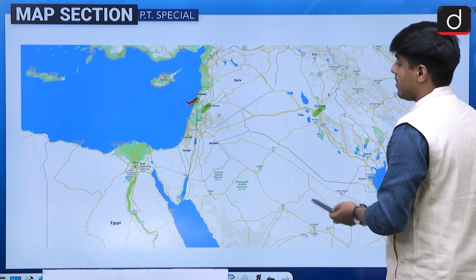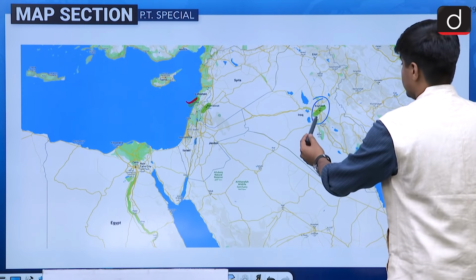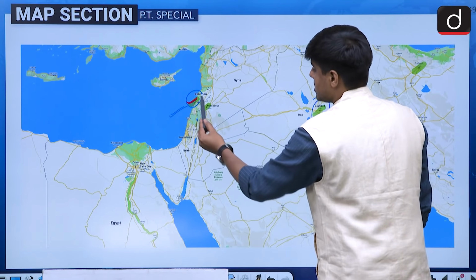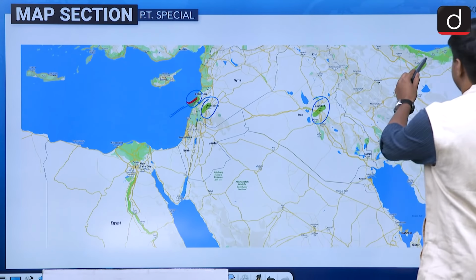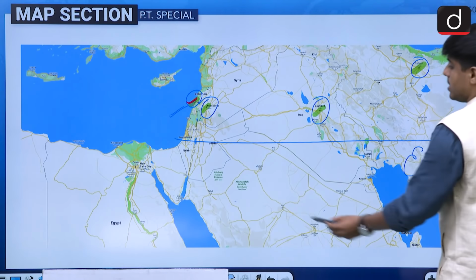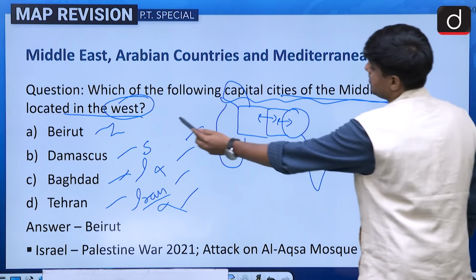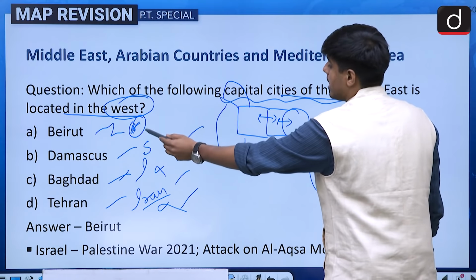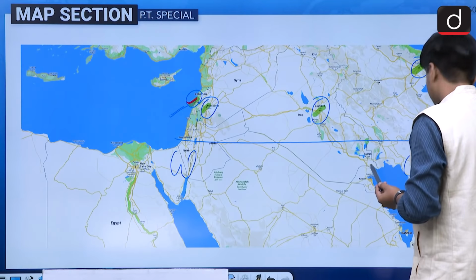Now let us have a look at the map. So this is the map. So Baghdad is here, right? Then from Iraq, we further move to Lebanon, the coastal capital. Then for Syria, we have Damascus. For Iraq, we have Baghdad. And for Iran, we have Tehran. So this is the trajectory from east to west. So clearly the answer is Lebanon. So if you know that Beirut is a coastal capital city, then also you can reach the conclusion. Also, if you know that these two cannot be the answer in any way, then also you reach the right answer.